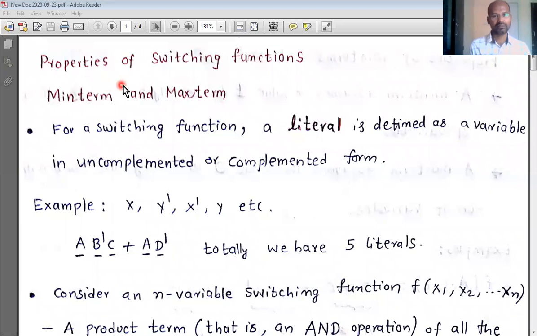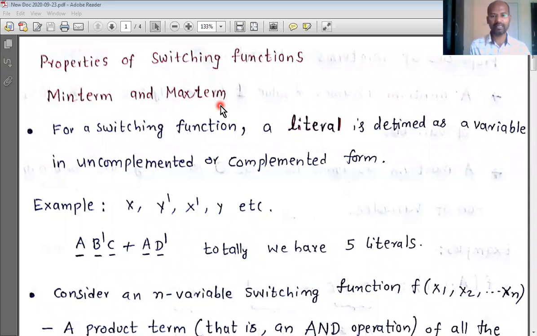And today we will understand the concept called minterm and maxterm, which are used in building digital circuits from the problem, direct problem, or from the truth table. This is the method that we follow. First, there is a problem, we transform the problem into a truth table. That is the very first step in designing digital circuits. Once we have the truth table, then we obtain the required expression from the truth table.